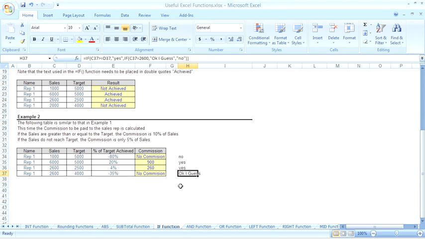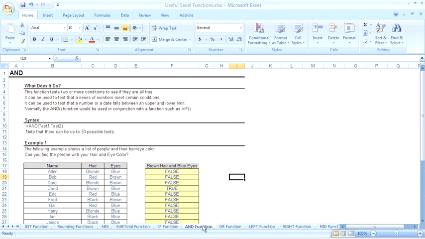The next logical function we'll talk about is the AND function. The AND function tests two or more conditions to see if all of them are true. And the basic syntax of an AND function is the function name, open parentheses, you pass an argument as a